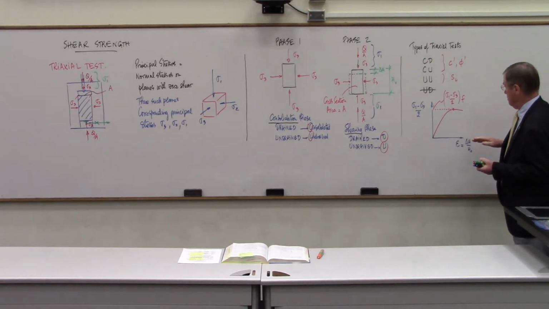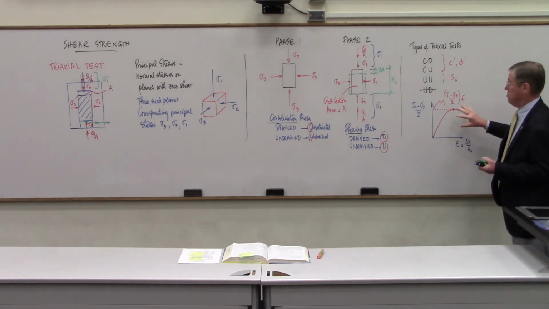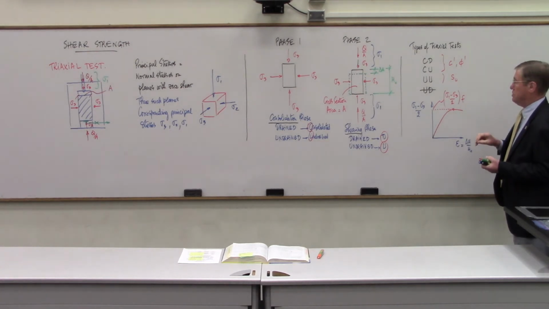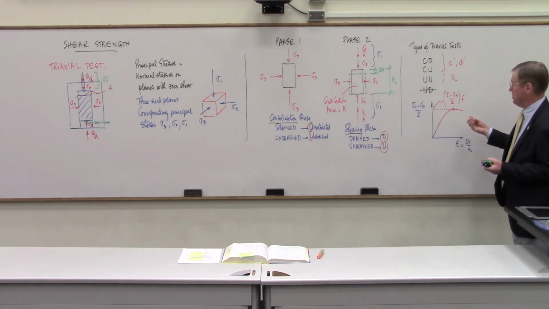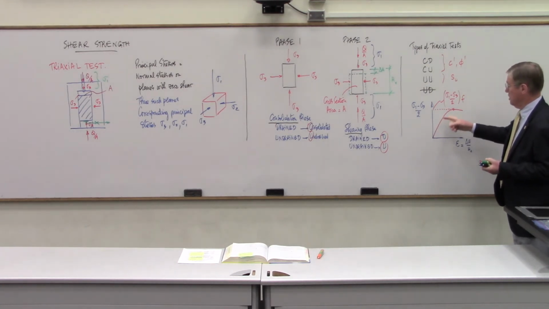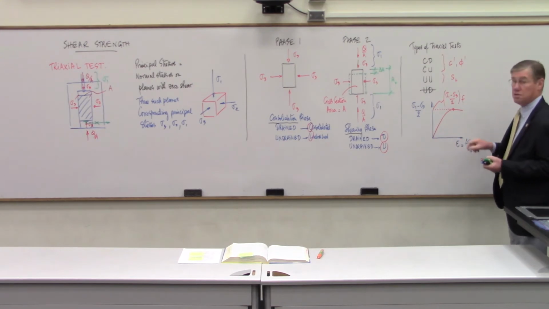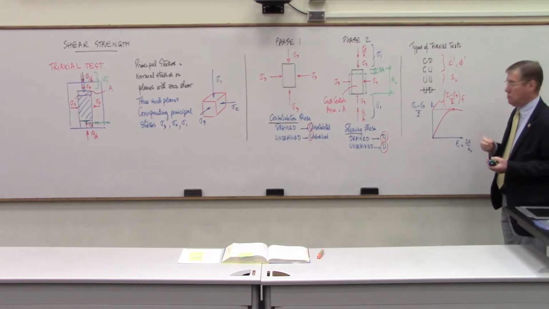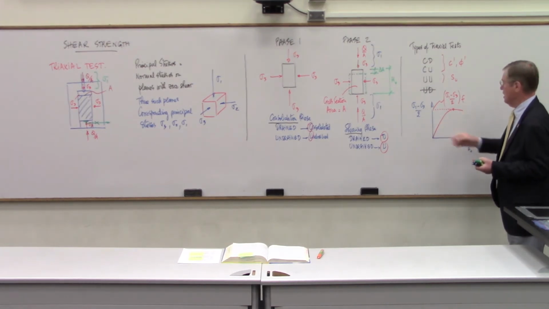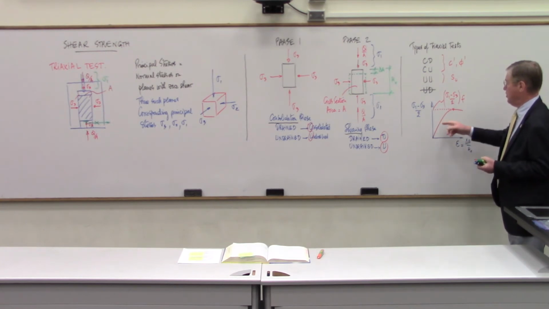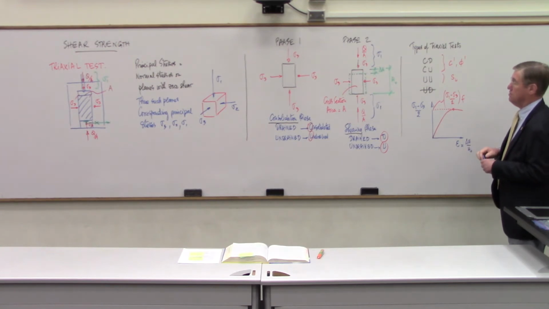The advantage of the triaxial test compared to the direct shear test is that we can get a modulus, we can get some information about the deformation properties of the soil in the early part of the curve. Remember, with the direct shear, we had the shear stress here, we had the horizontal displacement here. We did not measure the strain in the direct shear test, so we couldn't use that early part to define the properties. So that's a big advantage of the